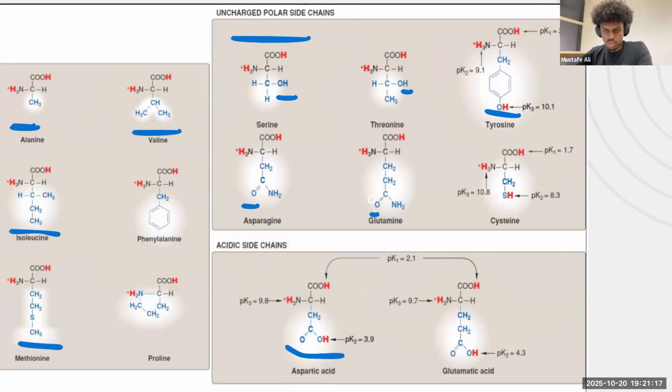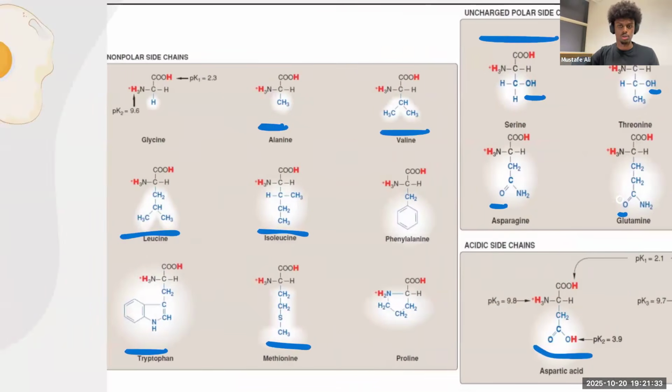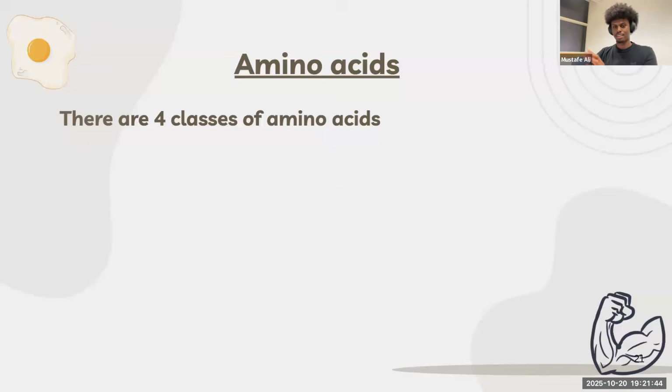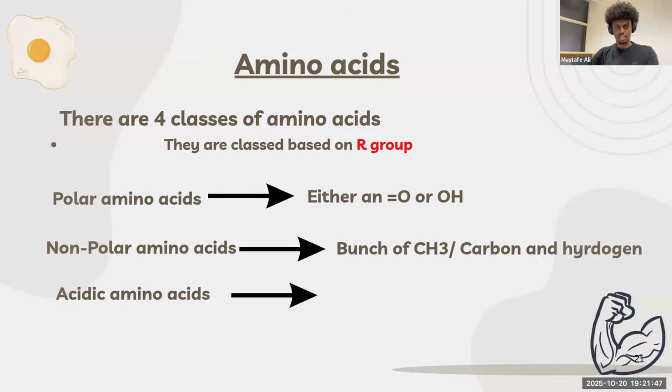Would they give us the name of an amino acid and ask us to identify if it's non-polar? They won't ask you for the name, okay? They'll probably show the structure and ask you to say whether it's acidic, basic, non-polar, or polar. That's probably what they're going to ask you. I feel like a name question would be really complicated and really hard to answer. Okay? So you guys don't need to memorize too much. Just look at the R group and try to identify. Okay, is that good? Or can we move on?